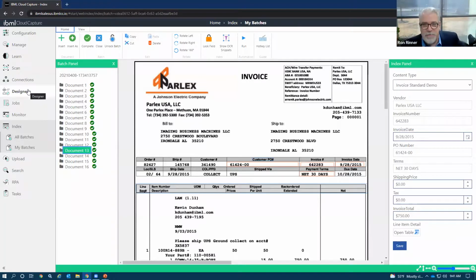Everything inside of the software itself also is role-based. So I didn't show you a login screen this morning, folks, when I came in, but the first step in getting in is always who are you? And when I logged in on my credential, I see all this stuff. And the reason I see all this stuff is I'm me. I'm responsible for all this. But if I were coming in and my job was just going through the invoices and I logged in on that credential, AP clerk, then I would be able to see whatever we had designated for that, being able to index, being able to do inline learning and those types of roles.